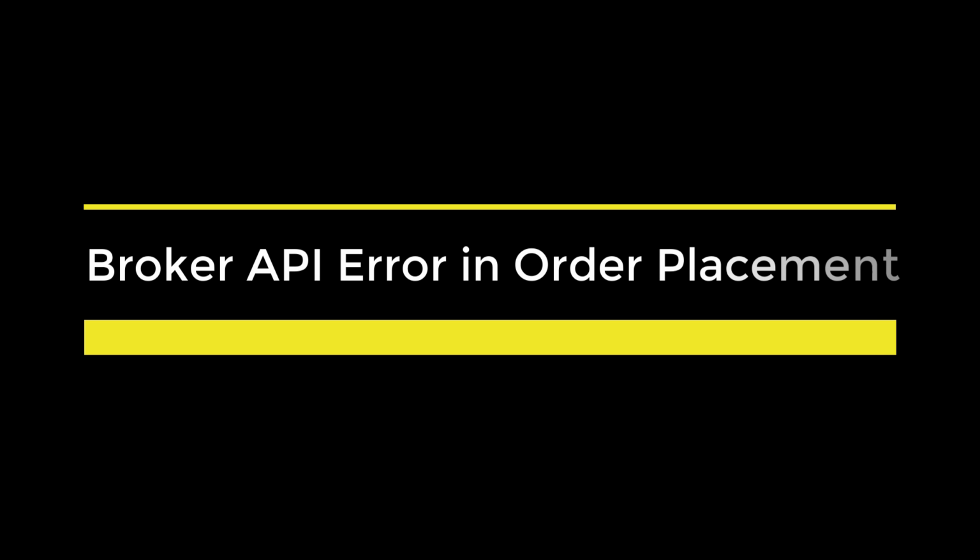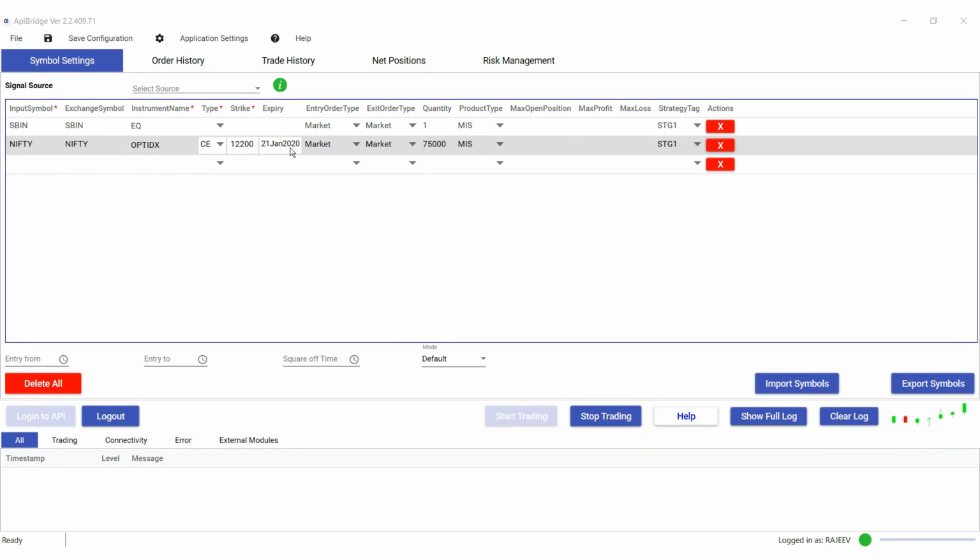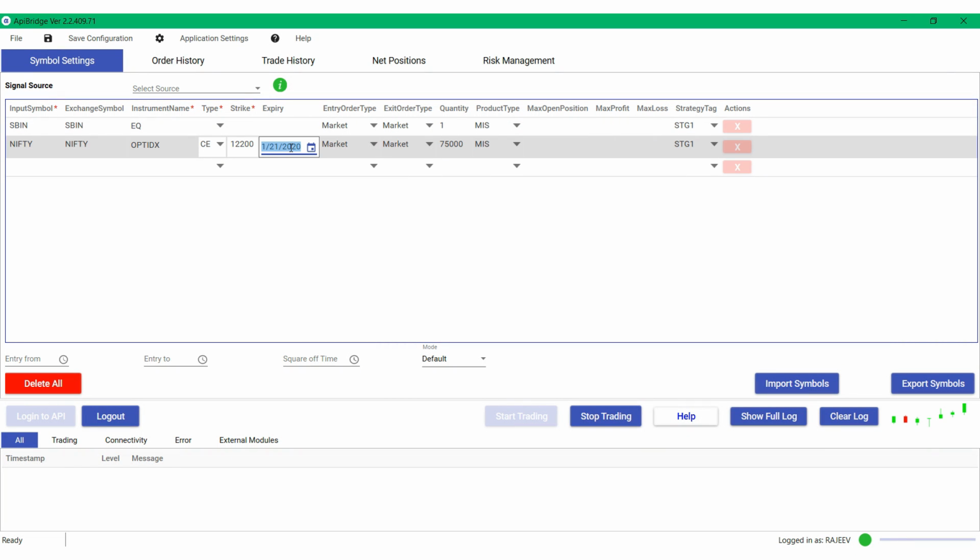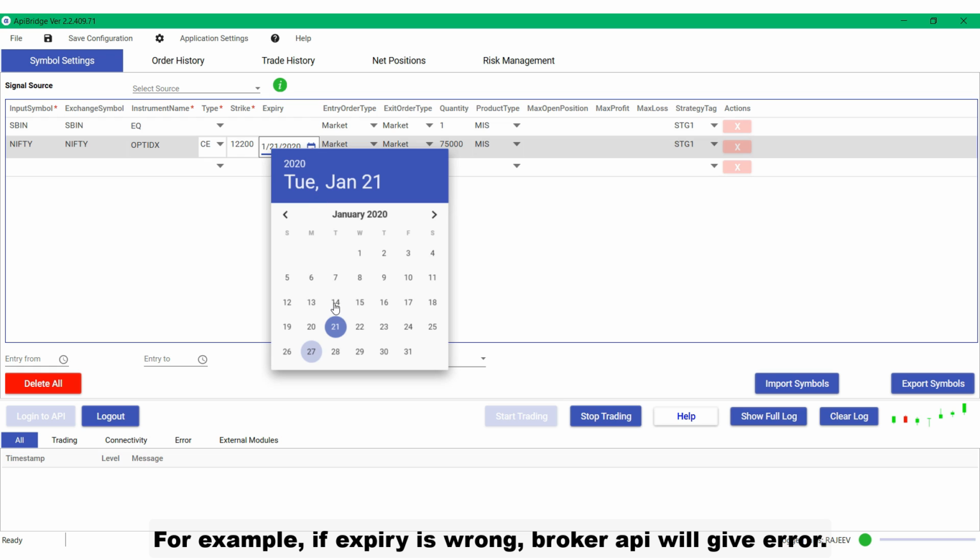If you place order with wrong settings, broker API may not place your orders. For example, if expiry is wrong, broker API will give error.